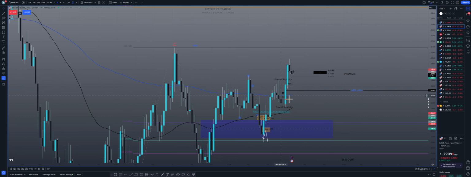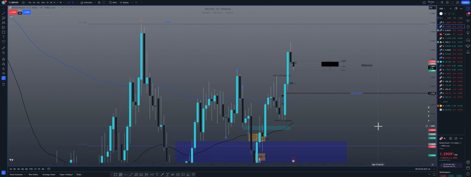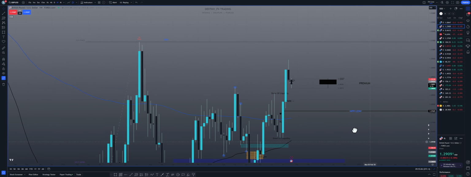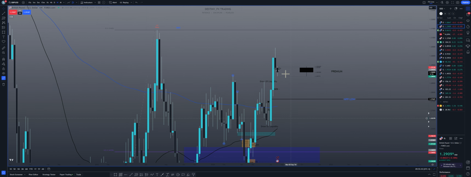So this one indicates for me that we are probably going to look for some buy side liquidity, but we need to now probably get down a little bit to a lower price before pushing up once again. So that's my thought on the weekly time frame. And then on the daily,